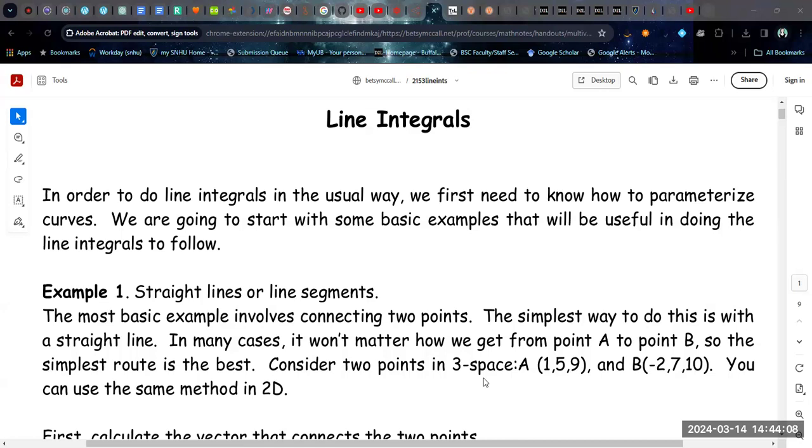If you're taking Calc 3 in a typical sequence, you might have done parameterization of curves back at the end of Calc 2, and now line integrals are coming up toward the end of Calc 3, and so it may have been many months since you've done any examples like this. So we'll just walk through these very quickly so that it's clear where we're getting all of our parameterized curves